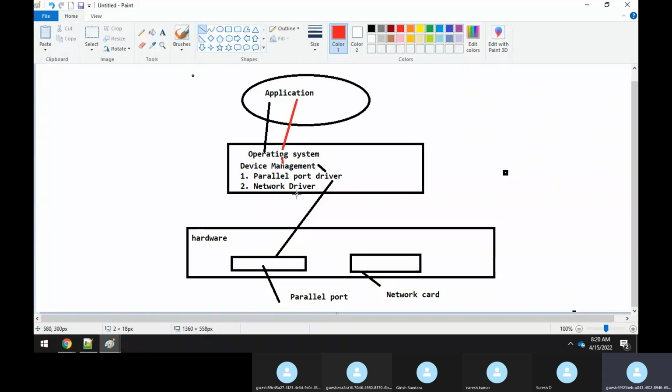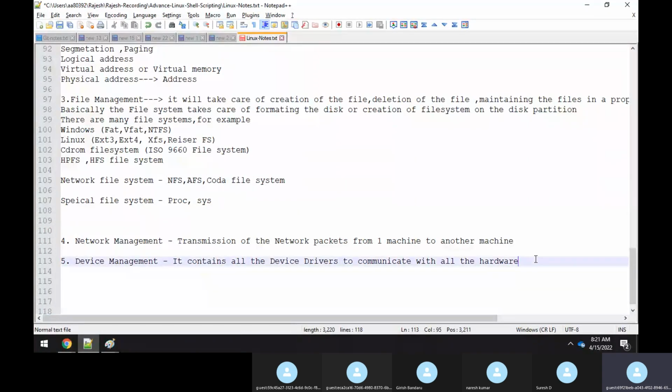From the device management, the communication goes to the network driver, and from the network driver, the communication goes to the network card. Like this, the communication happens. So your device management contains all kinds of drivers which can communicate with the end hardware. So the device management will contain all the interpreter drivers to communicate with all the hardware.